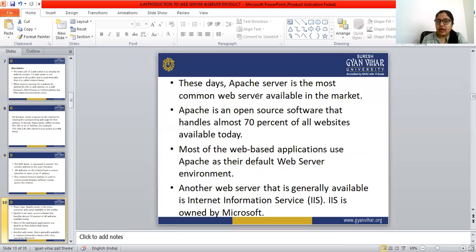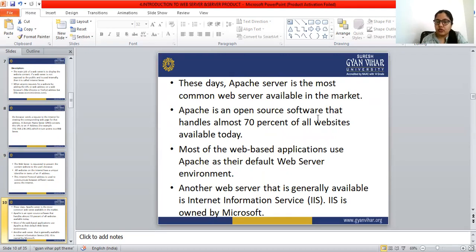These days Apache server is an example of a server. Apache server is the most common web server available in the market.